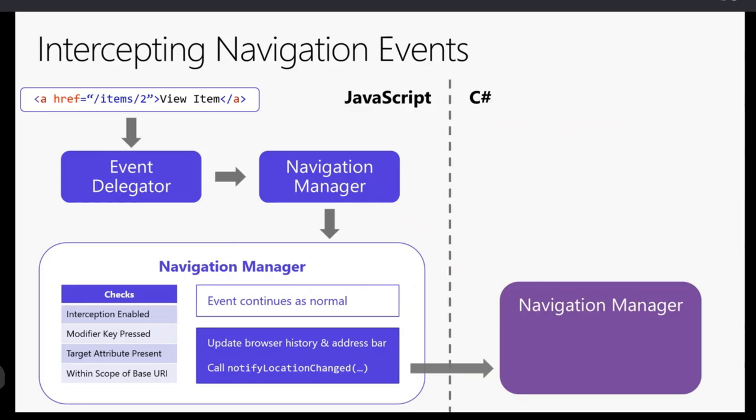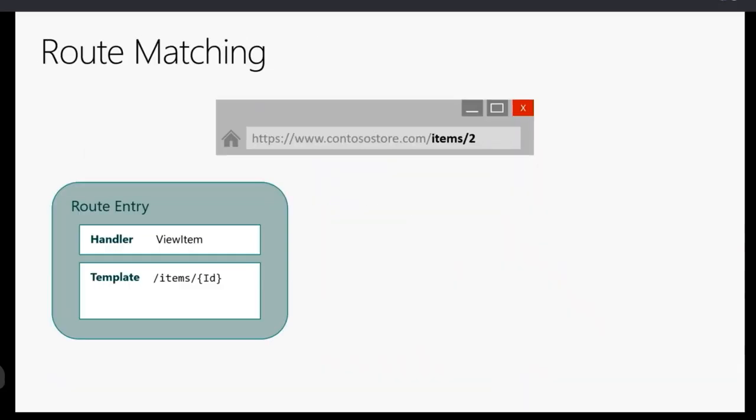So once we do this, we're going to hit the navigation manager that's in the C# part of Blazor. Now, this is something you may be familiar with if you've done any Blazor development. This is the navigation manager you may have injected into your components to use the URI property or hook onto its location changed event and things like this. And this pretty much is what this location change callback is going to do. It's first going to